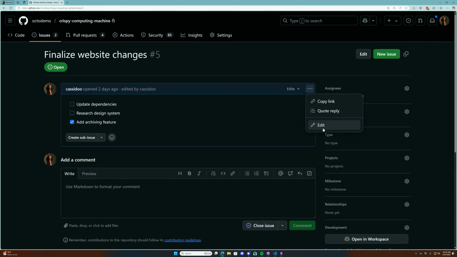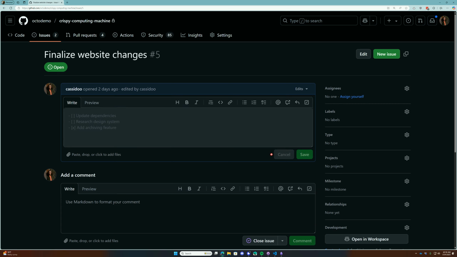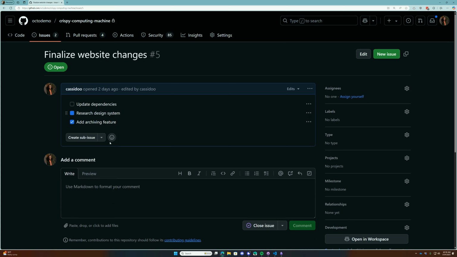And so if I were to edit this right here, you could see it's the exact same thing where you have the brackets right after a dash, and then you have this little X right here whenever you want to check it off. So if I wanted to check this off, it's as easy as pie, you just do that. And then you can rearrange the bullets if you want with these 6 dots here on the side. And then you can also click this dot dot dot menu on the right and move an item up,